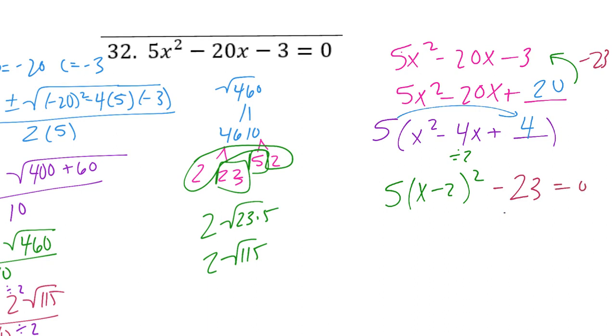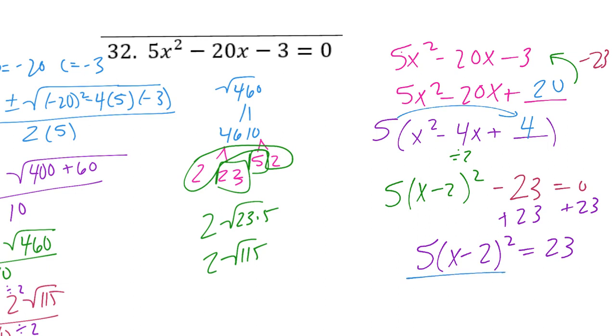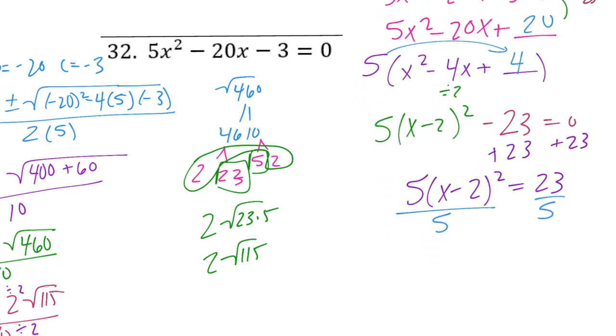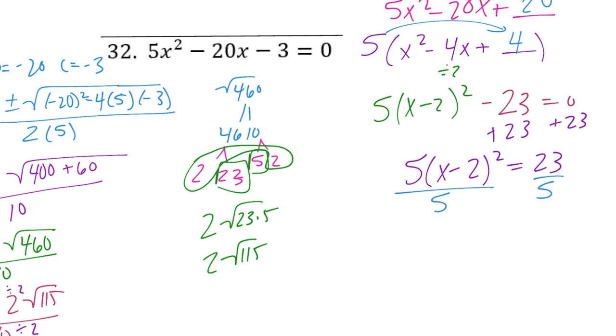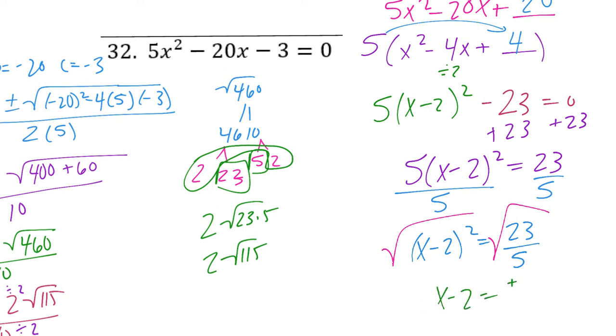So now I have to solve. Add 23 to both sides. 5 times x minus 2 all squared equals 23. Divide by 5 on both sides. And then I got x minus 2 all squared equals 23 over 5. I want to square root both sides to get rid of that squared. So then I have x minus 2 equals plus or minus the square root of 23 over 5,